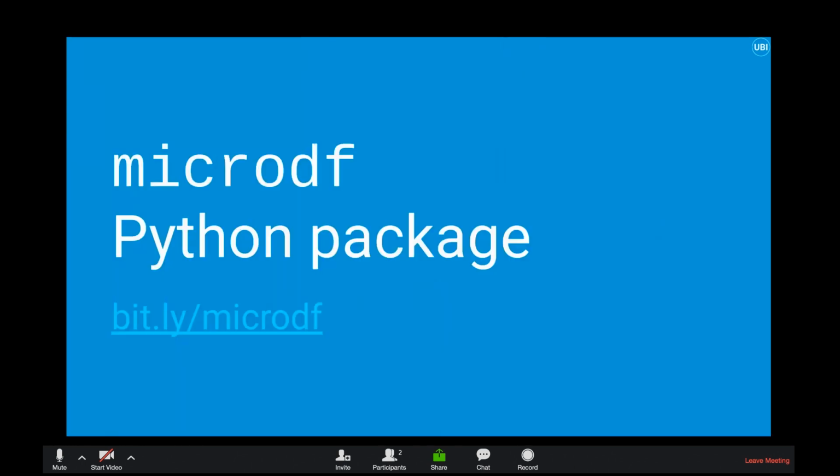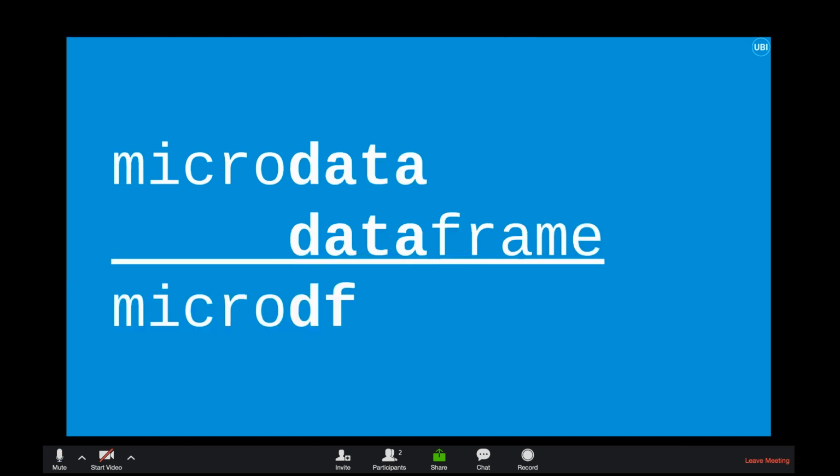With that, that's the end of the UBI Center section. There's also a Python package which I've used pretty extensively for these types of analyses called microdf. You can see it on GitHub at bit.ly/microdf. The name really comes from the idea that we have a lot of microdata that's the core of what's used for a tax calculator, and a lot of more advanced public policy analysis.